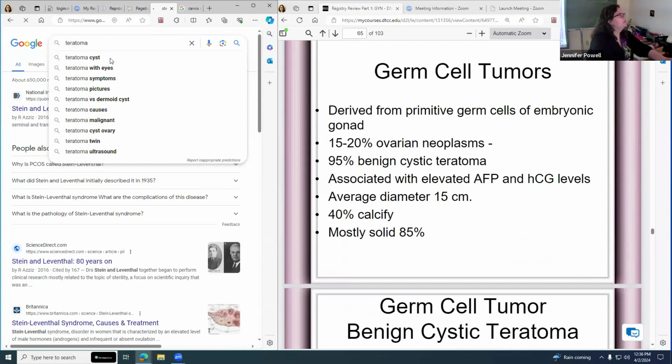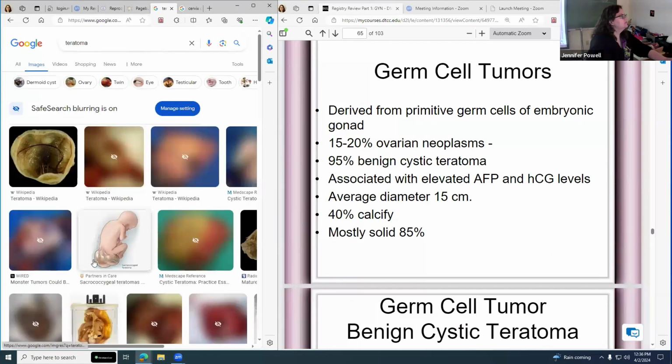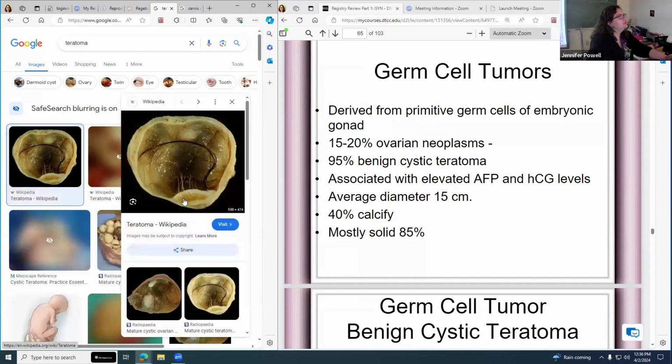Let's see if we can get a picture. So, they can grow with this fetal or neonate fetal. You can see them in the sacral area. But here's one that's really interesting. You can see it has hair. So because of the different densities of the tissues that make it up, you can have varying appearance